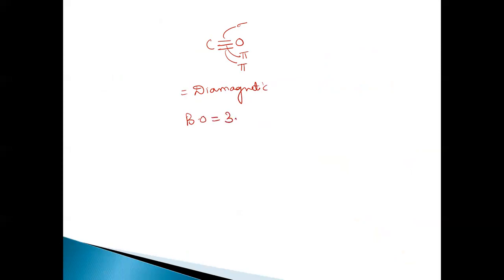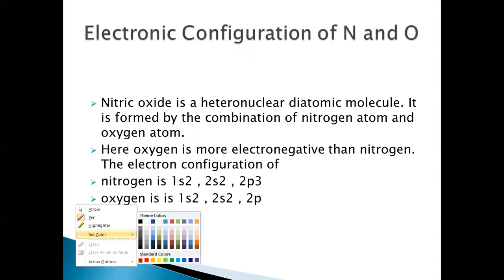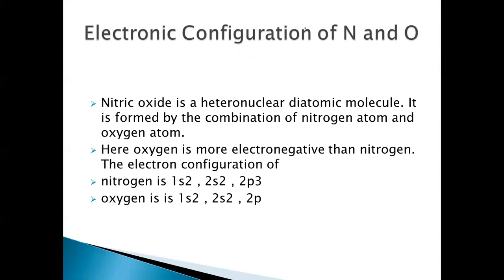And it's stable to exist and it is not colored. Right. This is about the formation of the molecular orbital energy diagram of carbon monoxide. And now if you look at nitric oxide, that is NO,